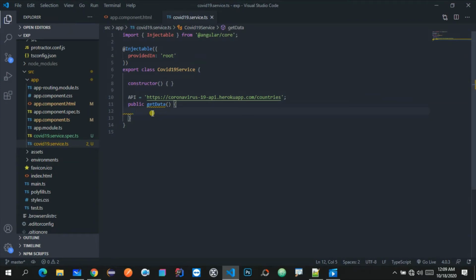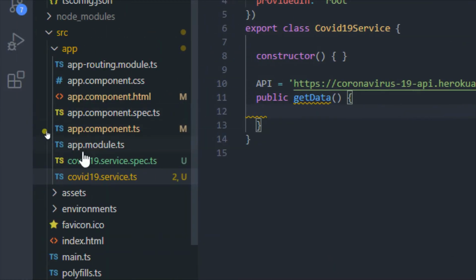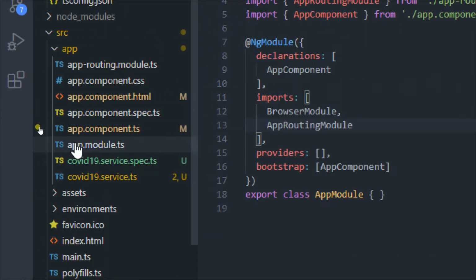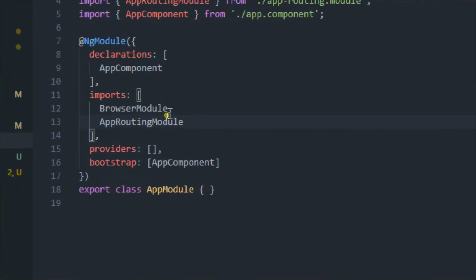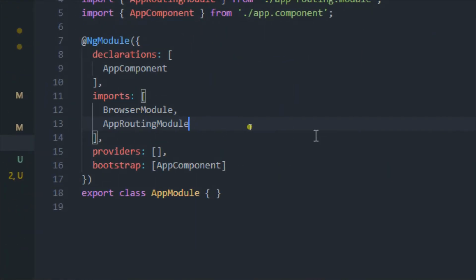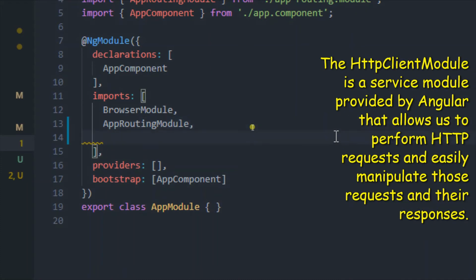So for that we just need to go into this app.module.ts file, and over here inside this imports array, let me import HttpClientModule.